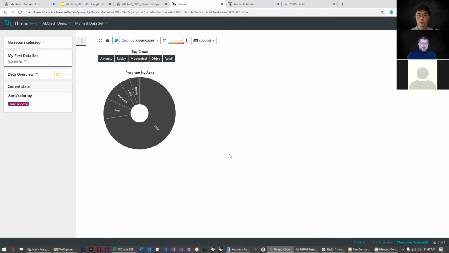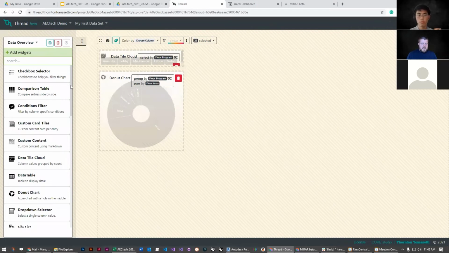I can also take this data, and maybe I want to pull off some top-level analytics. So I'd like to know, as I begin to go in and through that filtering process, how much total floor area is left in the project, maybe how many floor plates I'm turning on and off as I go through it. So I'm going to go back and edit my dashboard once again,